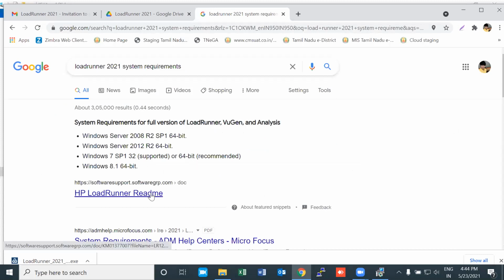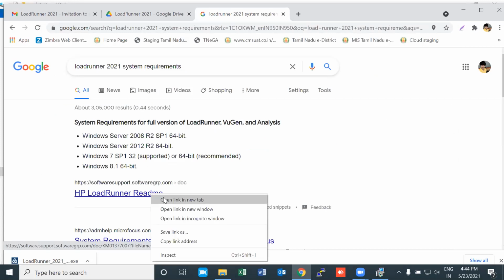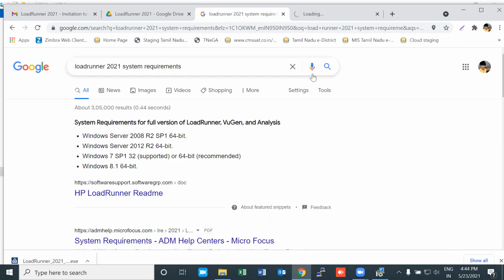So these are the operating system support. Wait. See their system requirements for the full version of LoadRunner. It requires Windows 8 and above, right? Windows 7 SP1, 32-bit supported or 64-bit supported. Yeah, click on that LoadRunner README file. Let's make sure that I think this is for an older version. Let's make sure that we are checking for LoadRunner 2021.